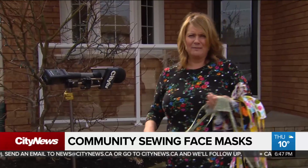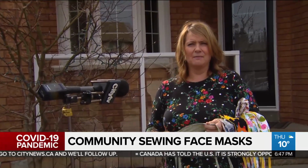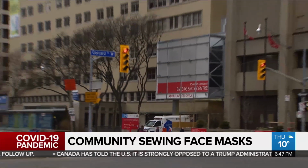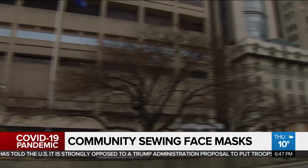Our disclaimer certainly is that this is by no means a medical grade mask. We were doing these in case it got to a situation where they really needed them and something was better than nothing. But with hospitals across the country showing concern over the supply of face masks and other protective equipment,